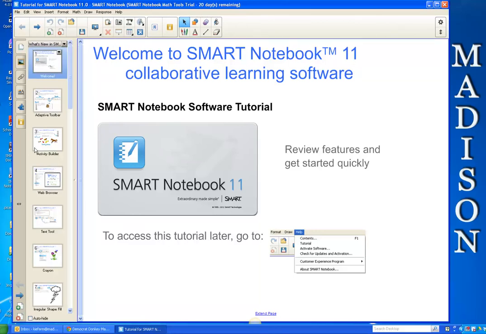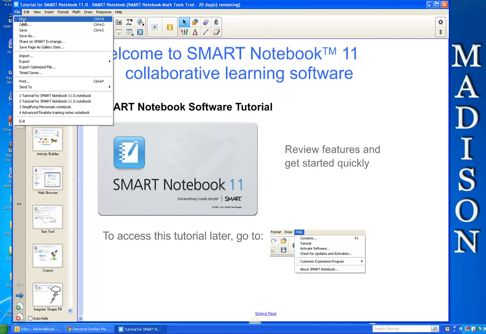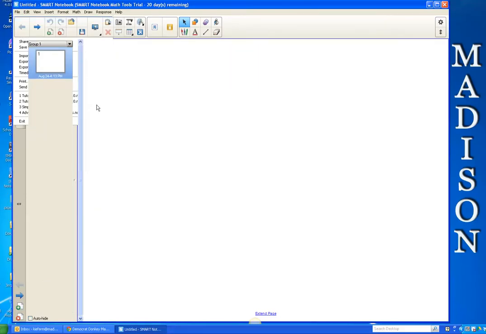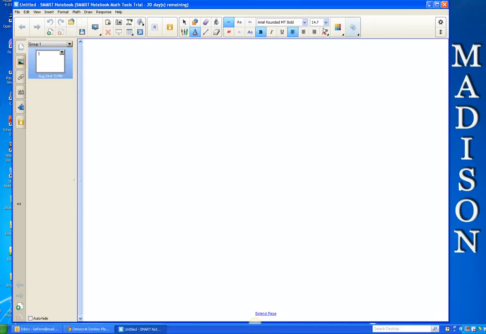So rather than show you that any further, I'm just gonna open up a blank new document and then just kind of start from scratch. So the toolbar up here, you see some of the familiar tools. They haven't changed too much, but I want to show you what happens when you click on one of them, like the text tool. So notice what happened over here. I can click and start my text box here,